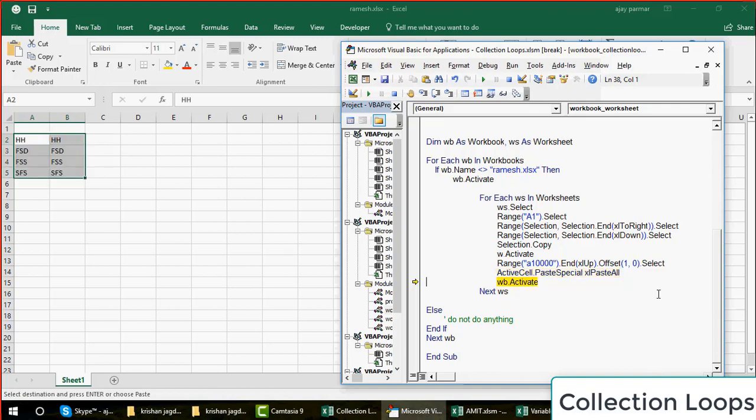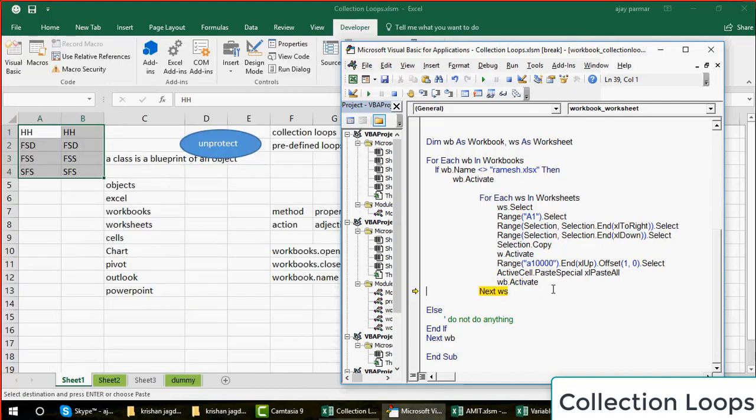Now you have to go back to which workbook? There are so many workbooks, but I am sure it is the workbook where this loop is running for each worksheet, the collection loop, if you remember. So wb.activate will automatically take you there. You don't have to specifically write the name.